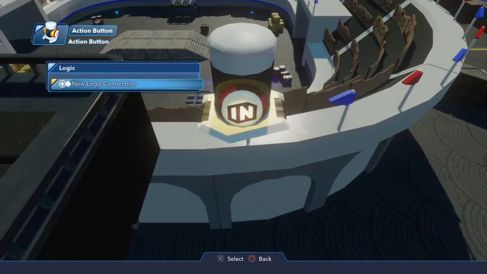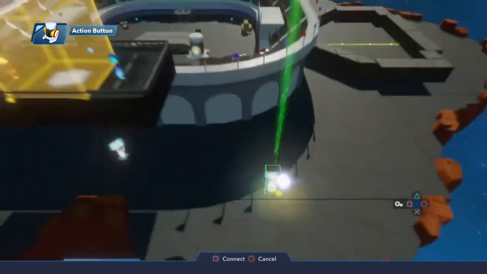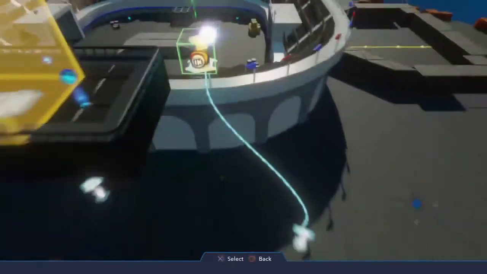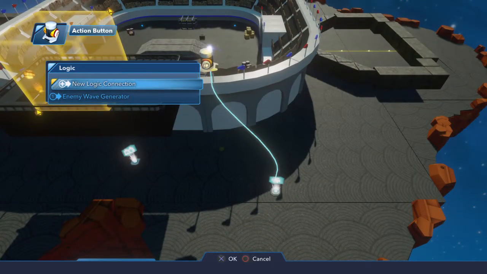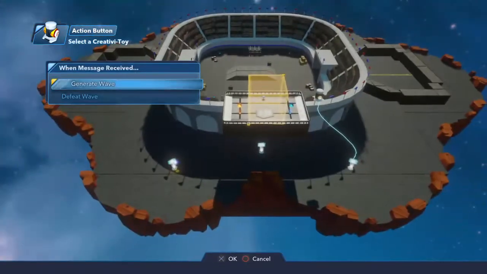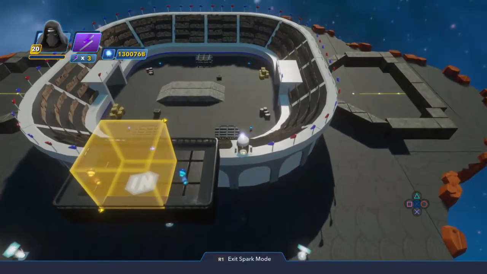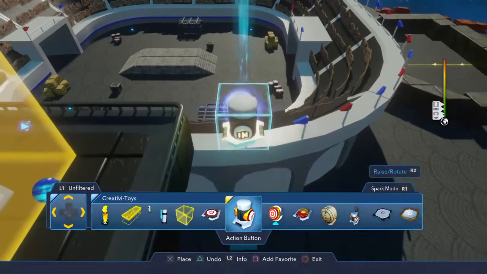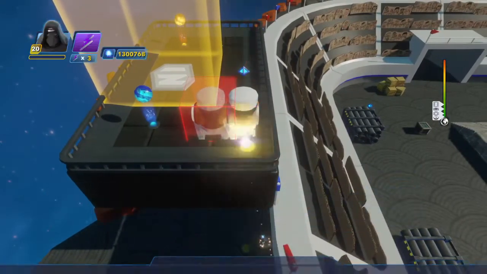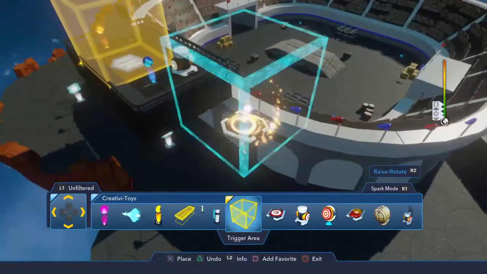Can't hook that up to a path? I really thought you could. Huh. Alright, new logic connection when it's pressed. Defeat wave. So this time around, we're just going to have the bosses go at it. And let me just see, I don't think this will work, but...